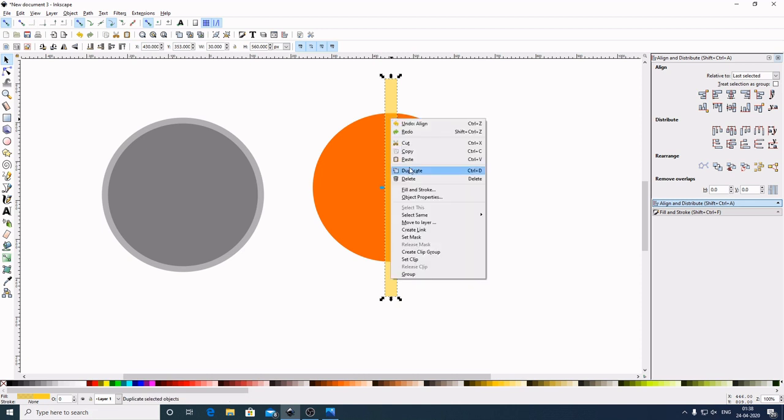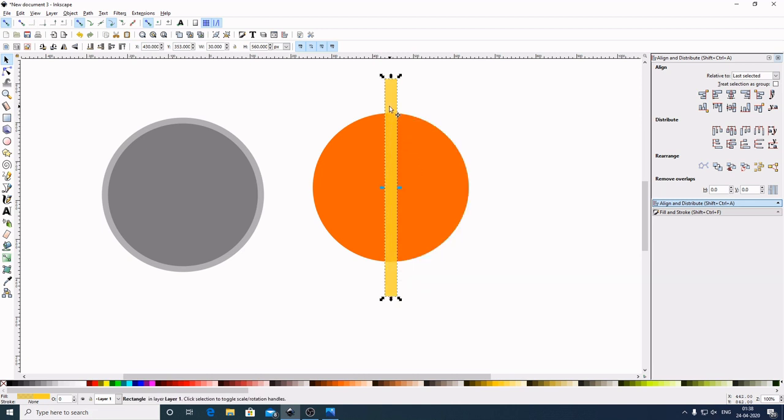Now right click, make a duplicate of this. Select one more time so we get this rotation angle. Now by holding Ctrl on the keyboard bring this downward. Place this like a straight horizontal line like this. Now select out of the graphic to deselect. Now select this one. Now by holding Shift on the keyboard select this circle. Now come here to the Path, Difference, Path, Break Apart. Now select out of the graphic to deselect.